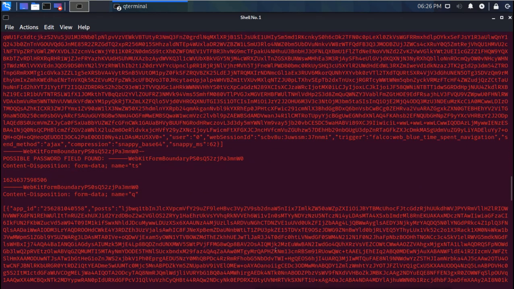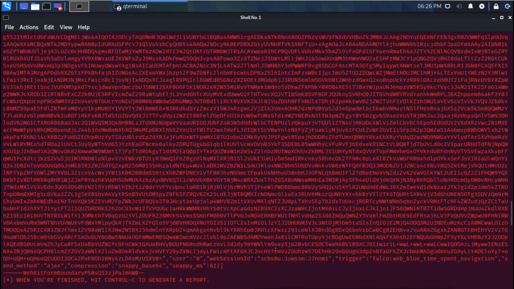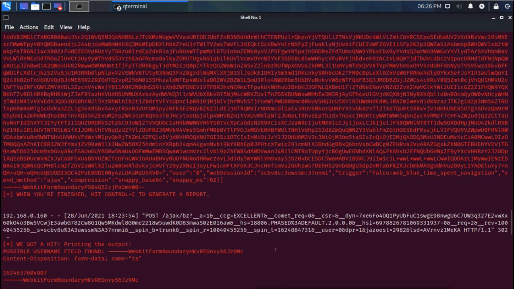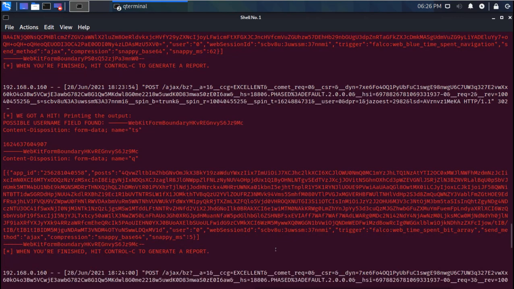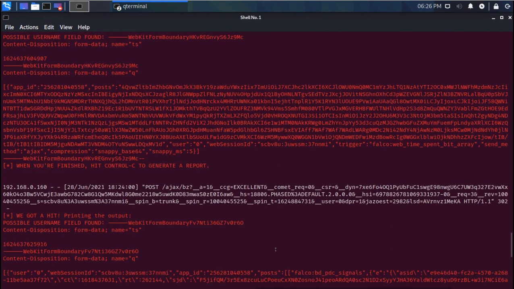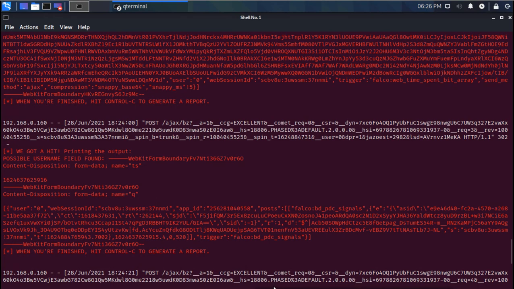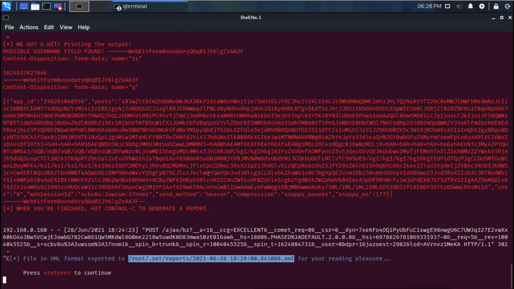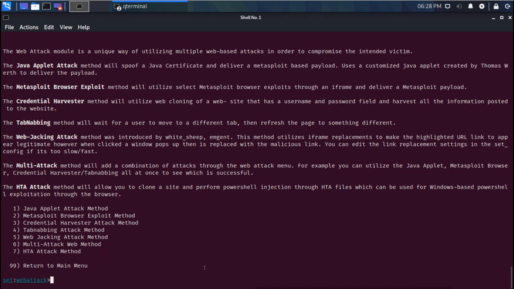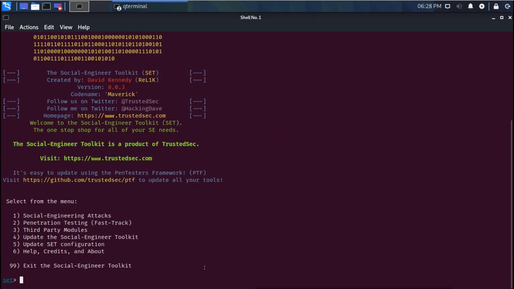It is capturing those GET and POST requests, and with that it captures the username and password which that user provided. After you are done, you press Ctrl C and the report will be generated. You can see that under this report here. Press to continue, 99 to exit.